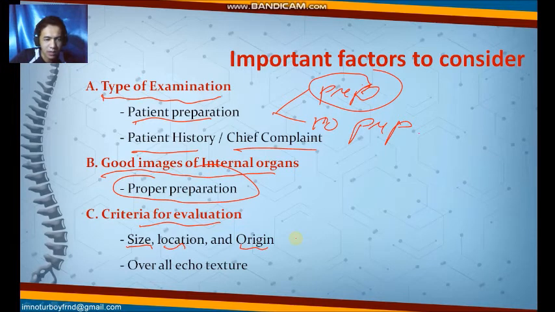for you to locate the different organs and their origins, if you are tracking a part of the organ from its superior portion, or from its proximal portion towards the distal portion of the organ. And then of course you have to know the normal sizes of the organ, so that we can diagnose if there is an increase in the size of the organ or maybe a decrease in the size of the organ. And then most importantly, since we are dealing with ultrasound, the overall texture should always be